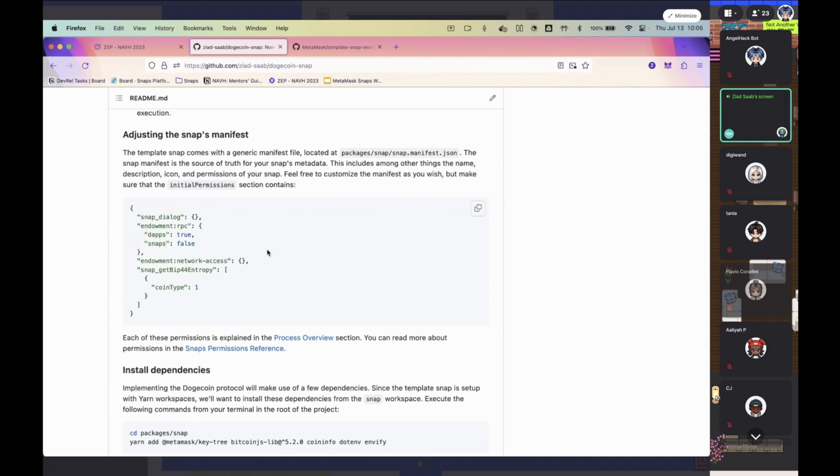So the first thing that we're going to do is adjust the manifest file, which contains one of the most important things of your snap, which is the permissions. Our snap that we're building requires different permissions than the template snap. It still requires a dialog to display dialogues because we want to display confirmations to the user. It requires